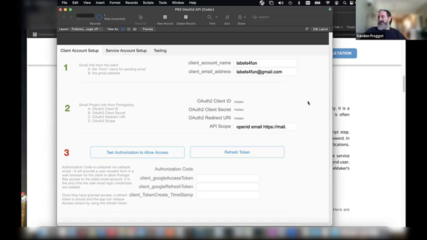So you have to kind of keep that in mind. Being domain wide, it has access to be able to send and receive email on any of the email accounts in that domain, and so on and so forth. Whereas if you do a slightly different implementation where you're using a server-side web app flow, and I go